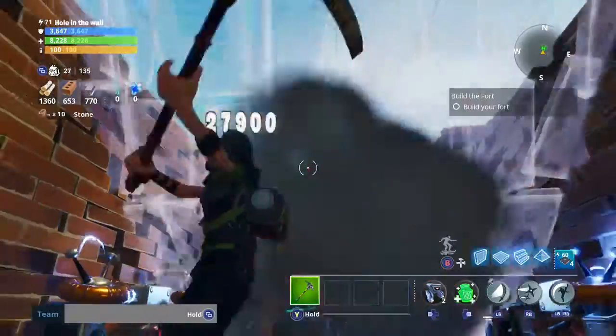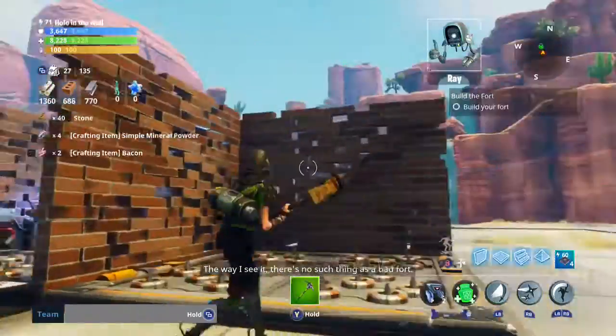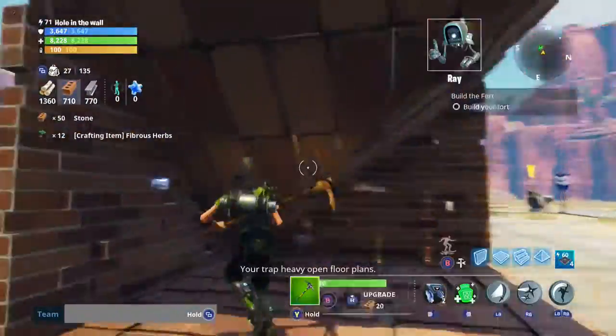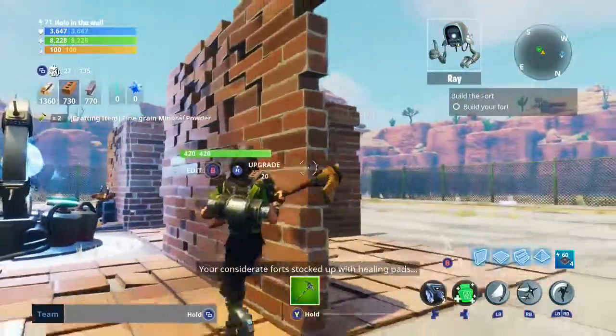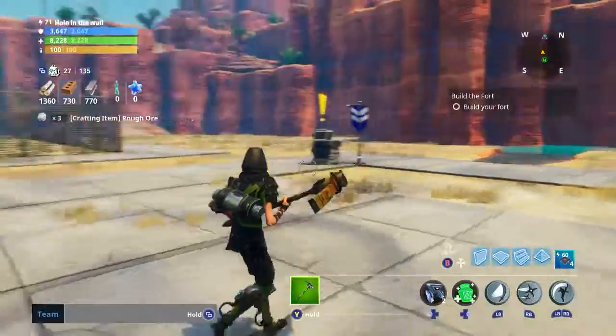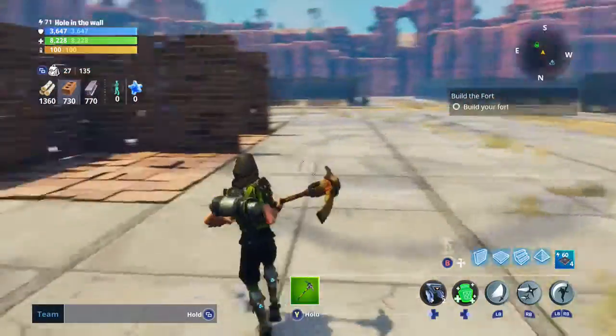And yeah, I'll keep the ceilings, because the way I see it, there's no such thing as a bad fort. We're going to have ceilings on this anyway. Your trap-heavy open floor plans. Your considerate fort stocked up with healing pads. All good choices. Okay, so in Challenge the Horde, they say the console side is the side that they don't